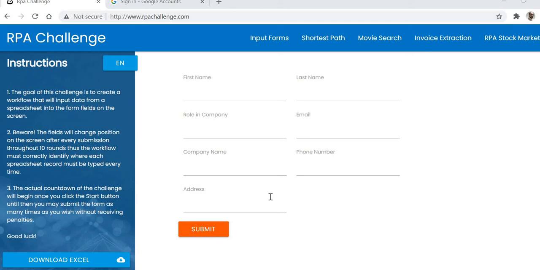So in the previous video, we have automated the same process, but we used the data row, and we have not connected to Orchestrator to consume the queue. So in this video, we will see how to consume the queues from the Orchestrator. So let me give some idea about the project which I have implemented.